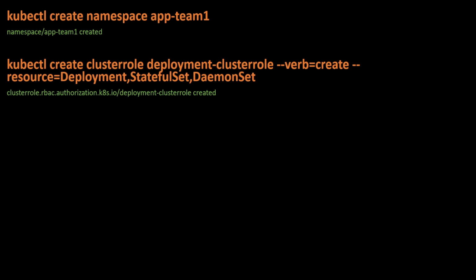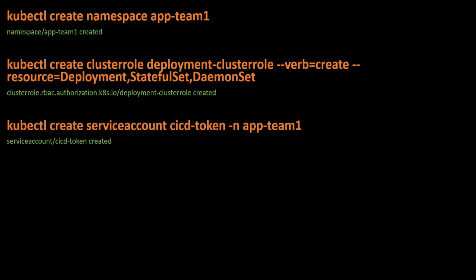After that, create a cluster role and the name of this cluster role is deployment-clusterrole. This cluster role has create privileges, that is verb equal to create, and the resources we assigned are deployment, stateful set and daemon set.